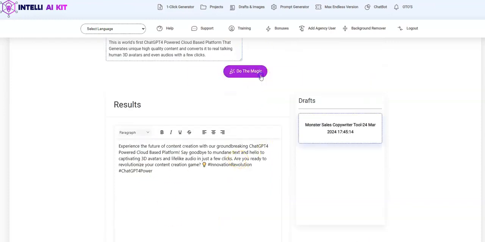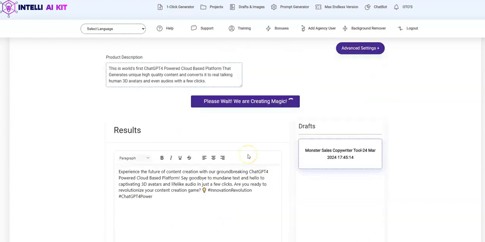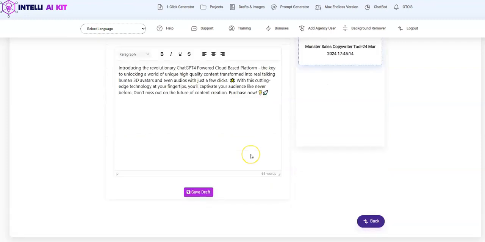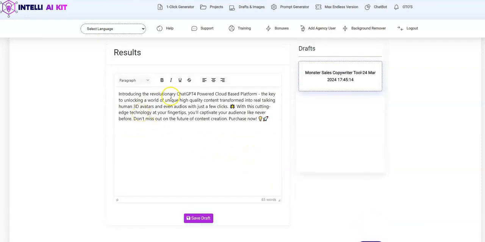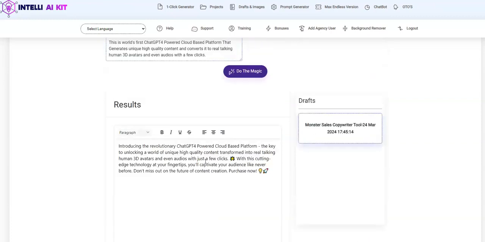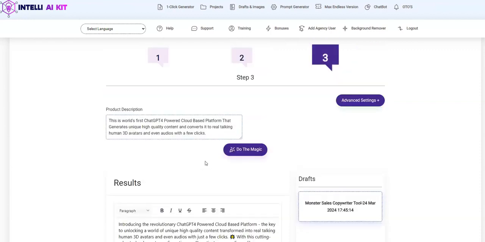You can save this content, or if you want to generate more, you just generate more that you can resonate with. Introducing a revolutionary ChatGPT 4 powered cloud-based platform, and then you can just purchase now. So these are some absolutely phenomenal content that are generated in absolutely any niche, and there is so much to